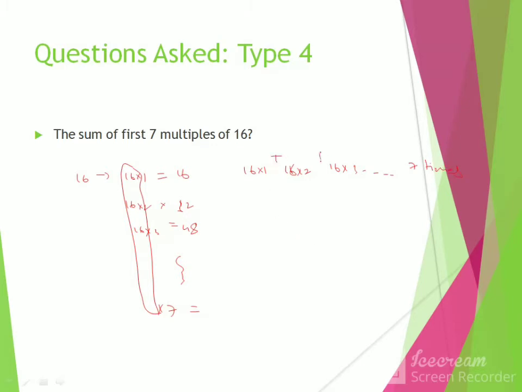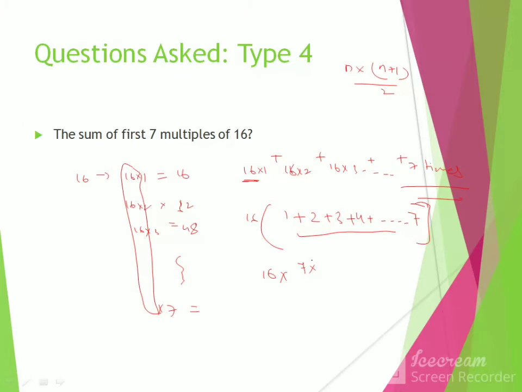And we all need to add this. These all numbers need to be added. In all this, we can take 16 as the common. We'll be left with 1 plus 2 plus 3 plus 4 and so on up to 7. Now we know that 16 into, this is the sum of natural numbers up to a given number. The formula for the sum of natural numbers up to n numbers is nothing but n into n plus 1 by 2. So here 7 into, there are 7 terms.